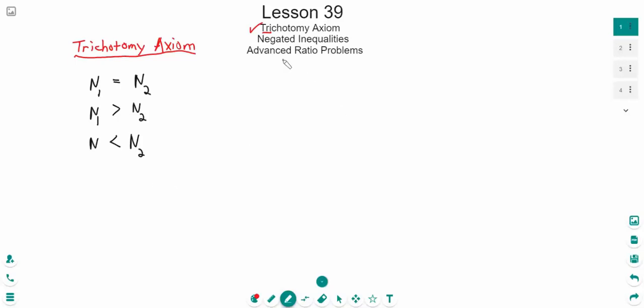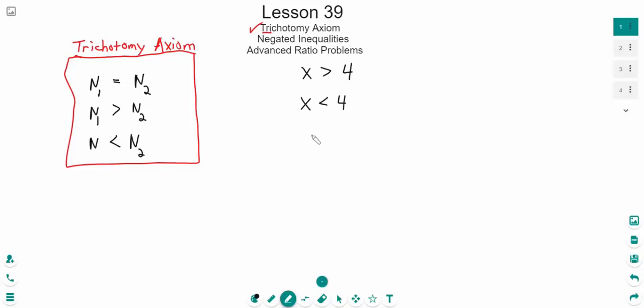All right, now let's move on, and we're going to talk about negated inequalities. And we're actually going to use this trichotomy axiom a little bit for this concept as well. So let's just throw some numbers down. Let's say I have x is greater than 4. We already know how to read that. We already know how to read x is less than 4,